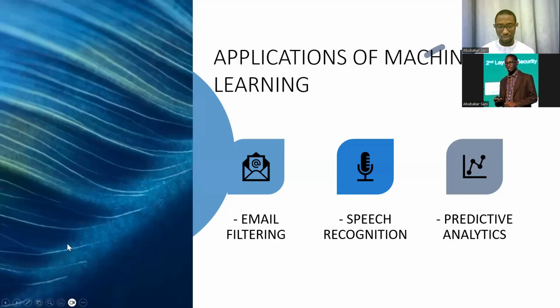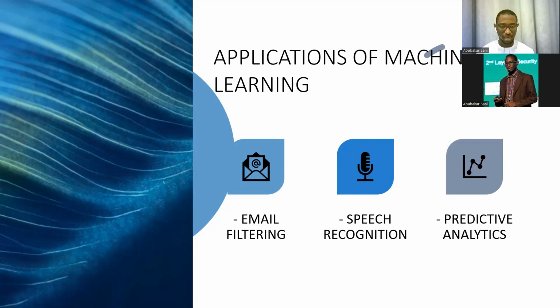And in terms of applications, these are some of the applications which I'm sure you have come across. For example, email filtering. You can see if you open your mailbox, you have an inbox folder, you have a spam folder, you have a promotions folder, a social folder. All this kind of filtering system mostly is powered by AI, because you do not have some person who sits there trying to say, okay, this email should go to inbox, this one should go to junk and stuff like that.